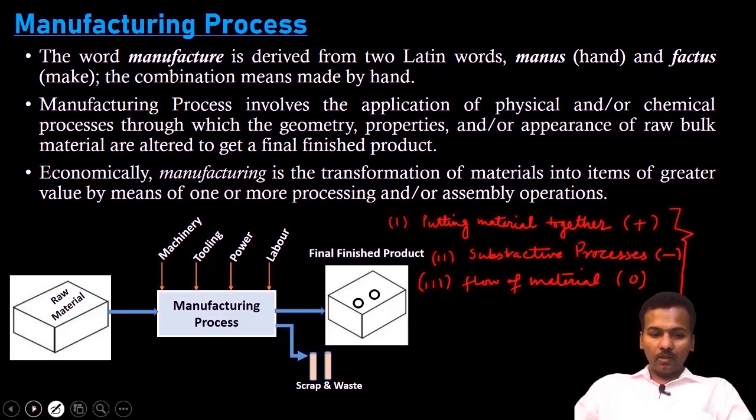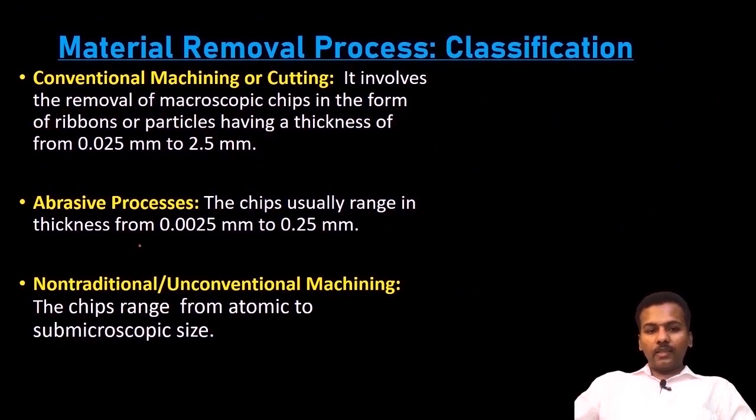Come to the next, that is the machining process. Because we are here to understand the machining process, we need to further classify the machining process, or metal removal process, or metal cutting process. Now when we talk about machining, there is conventional machining and another is unconventional machining. However, here I have classified these processes into three different categories depending on the shape and size of the chip